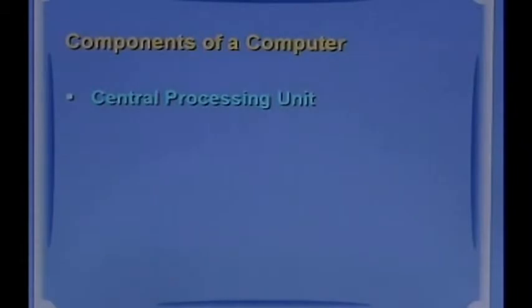Let us first take the central processing unit. The central processing unit consists of an arithmetic and logic unit called ALU and a control unit. The ALU performs various arithmetic operations like addition, subtraction, multiplication, division and many complicated operations. It takes the data for performing these operations from input devices and the output is provided to the output devices. The control unit provides the sequence of operations to be performed by the arithmetic and logic unit.